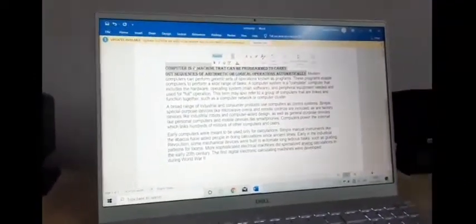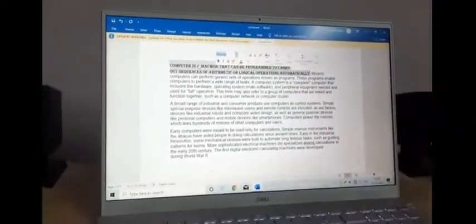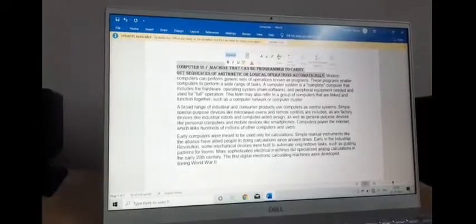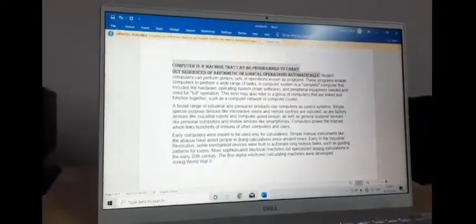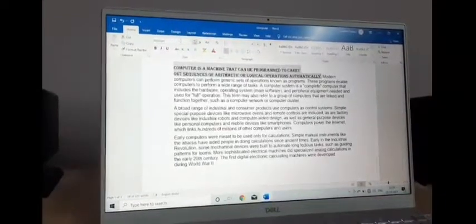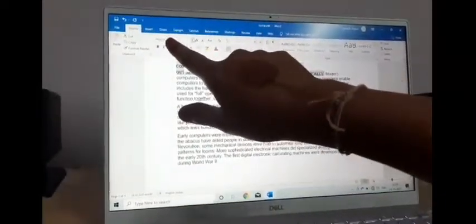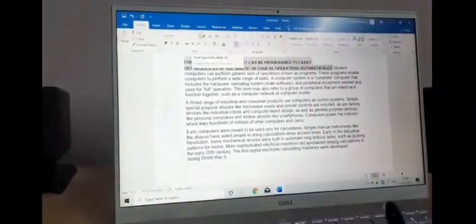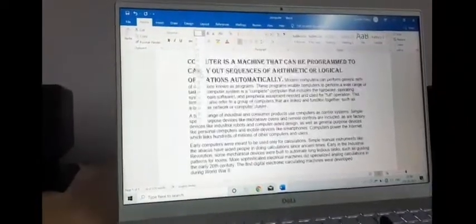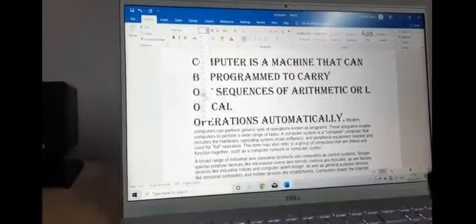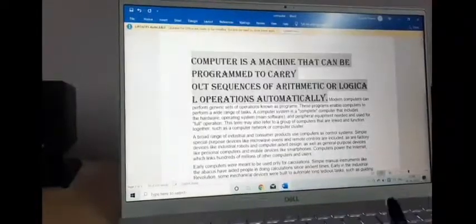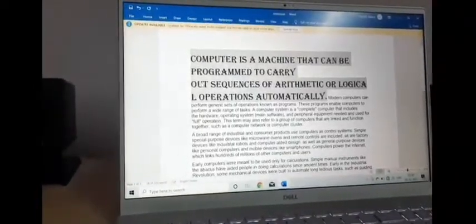Next topic in your book is changing the font size. Now, if you want to change the size of your text, all right, we have changed the font, means writing style. Now we want to change the size of our text, how big, how small you want. So you will click on the next option right next to your font. So this is your font and this one is for your size. Click on this arrow and you can see different sizes. 18, 20, 22. According to your wish, how big, how small you want, you can choose. Right now let's take 22. So you can see your text appear in that size.